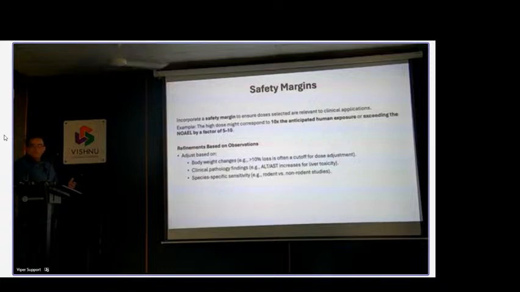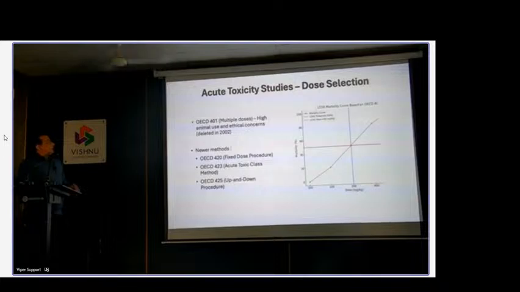So you can actually refine your doses based on your experience and make it the right dose at the end of the clinical study. As mentioned, acute toxicity study data are used in research proposals to say, oh, I have the LD50 of this much, so this drug is safe. Although it is not true, as I mentioned, it's better to use the toxicity. But I just wanted to talk about the existing guidelines on how these studies are conducted. First of all, the OECD 401, this is multiple doses.